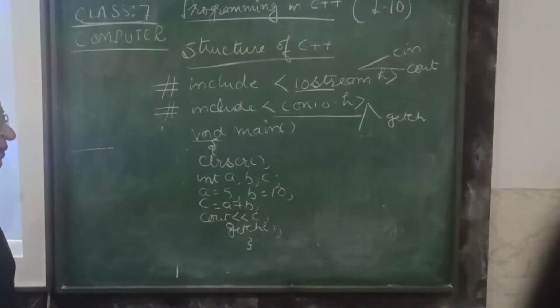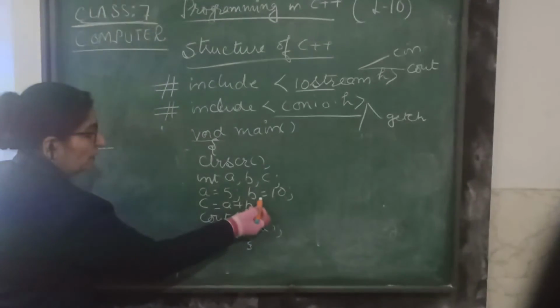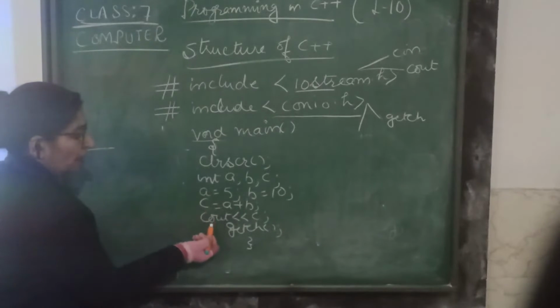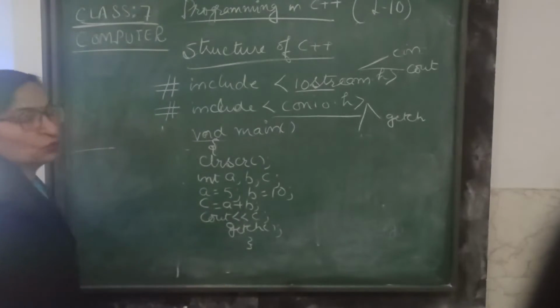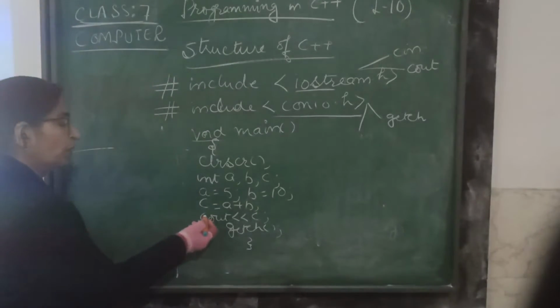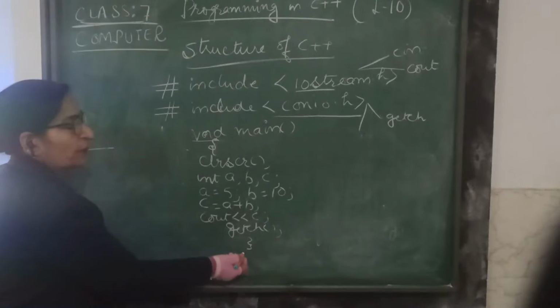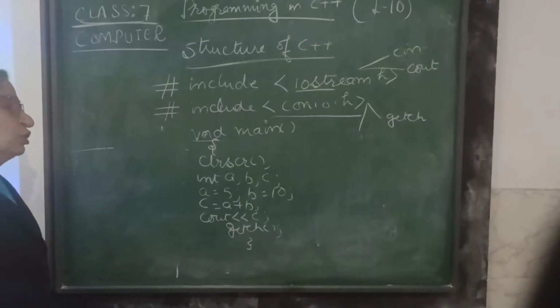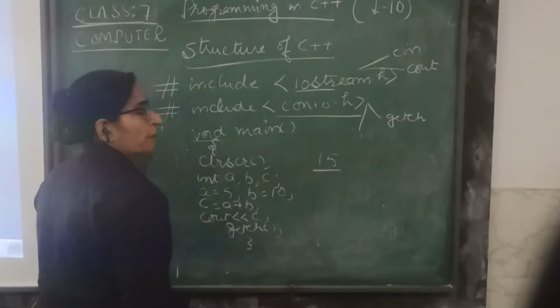Okay children, we use the statement A, B, here we write C and the cout statement to get our answer, and getch is used to get the value from the keyboard, print the value, cout, getch and curly bracket close. This program will show the answer 15 on the screen.